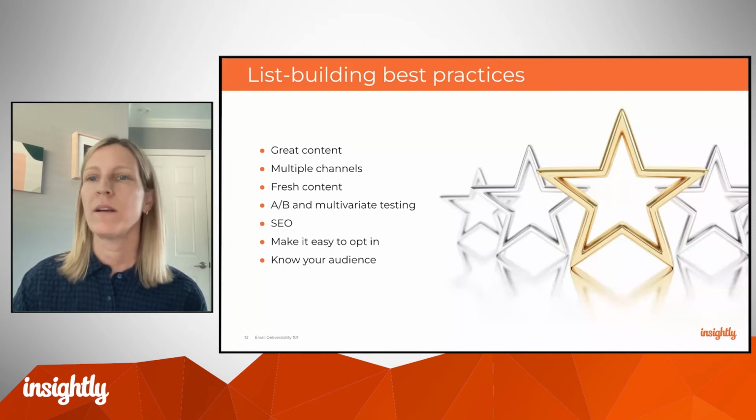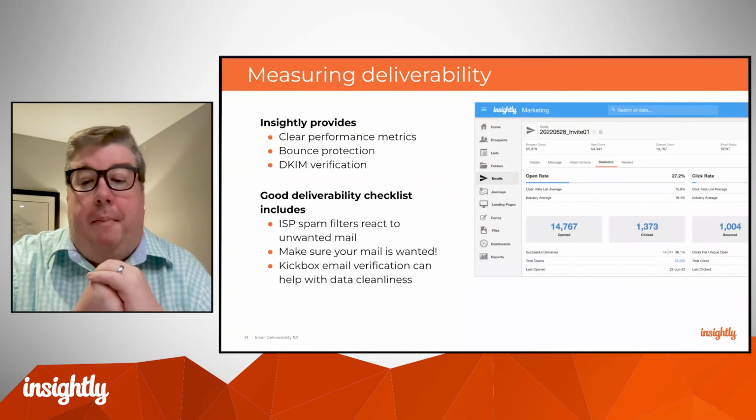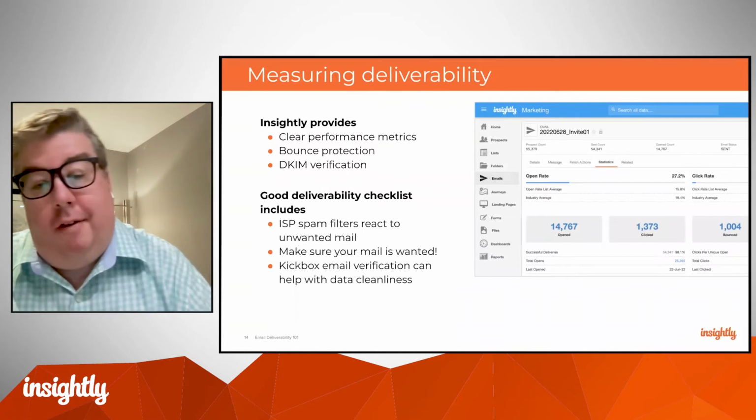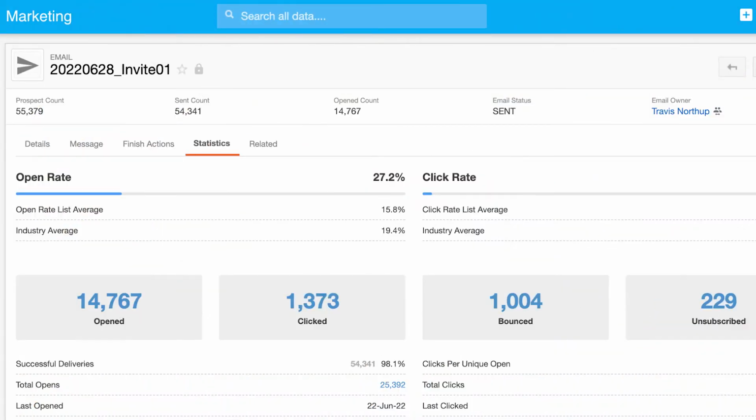So Al, let's bring all of this back to deliverability. How can people get a sense of what's working? So measuring deliverability is very important. And it starts with the sending platform. You've got a mock-up here of the Insightly data. What you can get from your sending platform is how many people are opening, how many people are clicking, how many people are unsubscribing, what percentage of your list is bouncing, and for any given send or set of sends or a period of time.